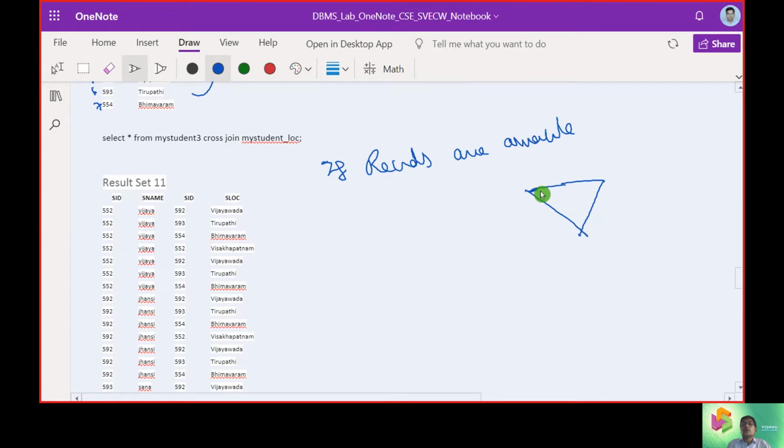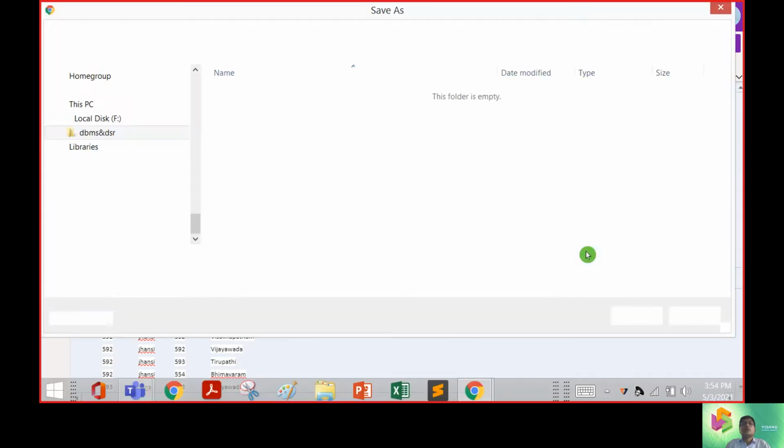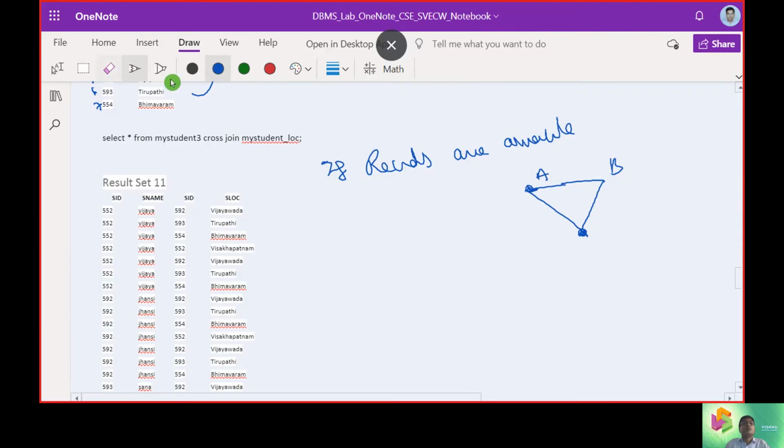Assume there is a triangle here, and this is A, this is B and this is C. Now what will happen in this case? This is loop, loop and loop. We call this a self loop.